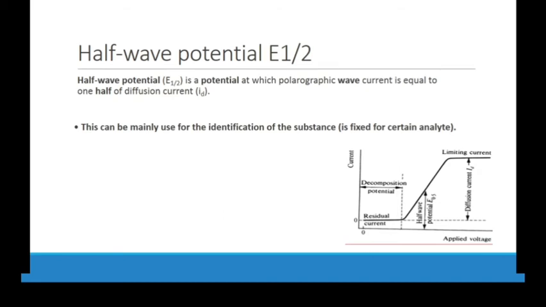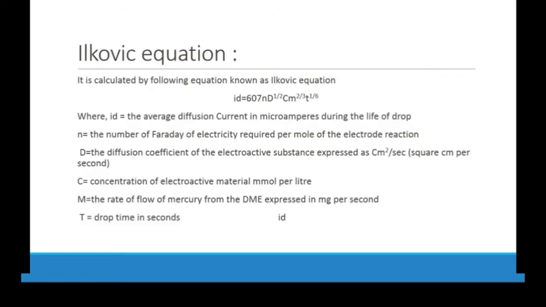First of all we have residual current, which is from impurities and because of the double layer. Then we have diffusion current because of actual diffusion and because of the concentration gradient of our analyte of interest, and they will reduce on the surface of the mercury drop. Then this current will become saturated, and this is called limiting current, because the number of ions diffusing is equal to the number reducing. Now you identify the substance through half-wave potential. The question is how you determine the concentration.